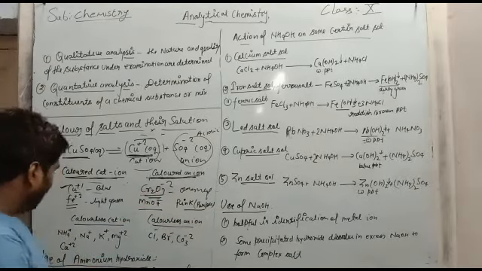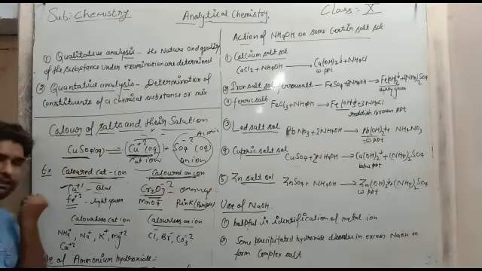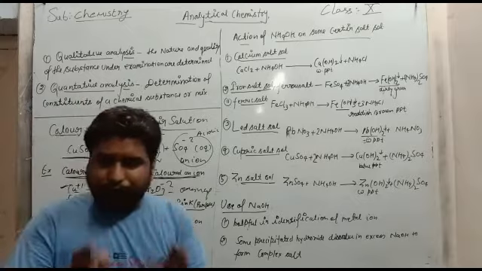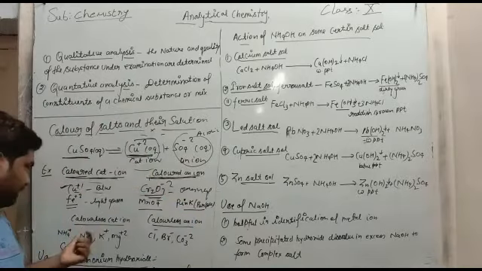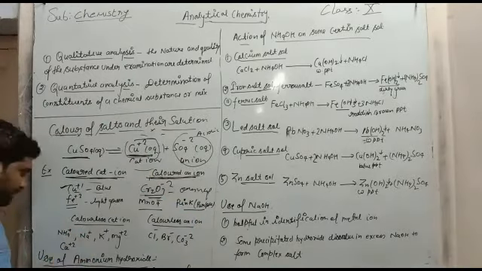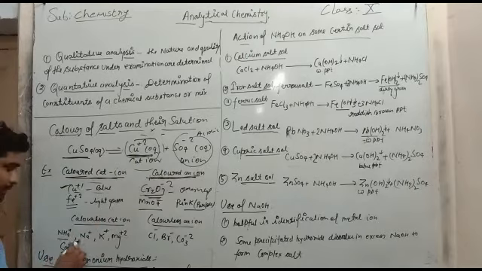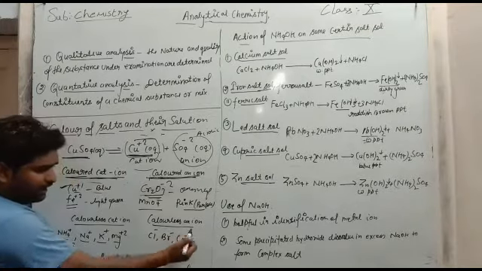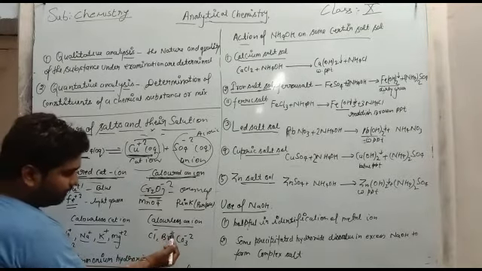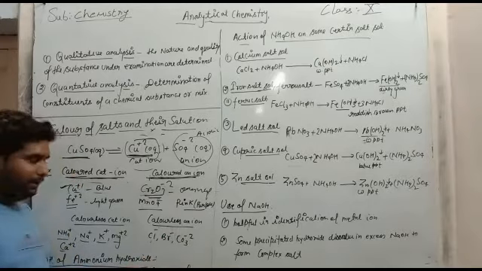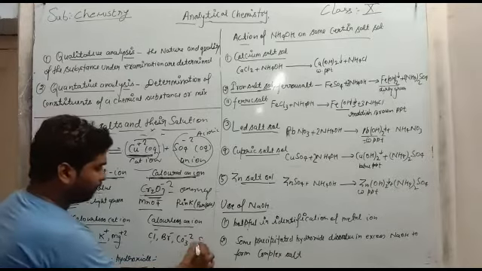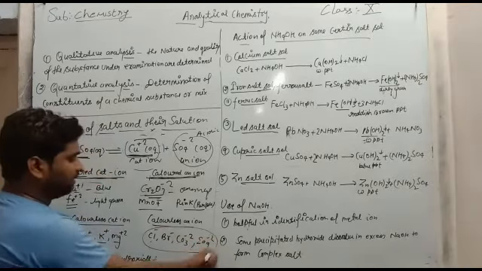Now there are some colorless cations and colorless anions. Basically, group first and normal elements' ions are colorless cations like the ammonium ion, sodium ion, potassium ion, magnesium ion, and calcium ion. These are the colorless ions. In the case of anions, the colorless anions are like chlorine, bromine, iodine, and CO3 minus 2, SO4 minus 2. These ions are colorless ions.